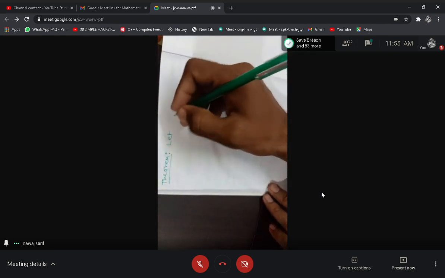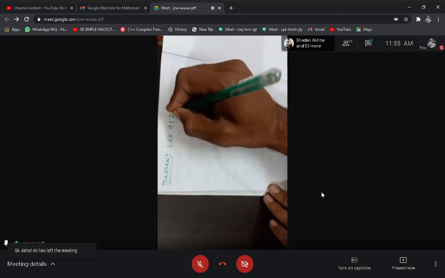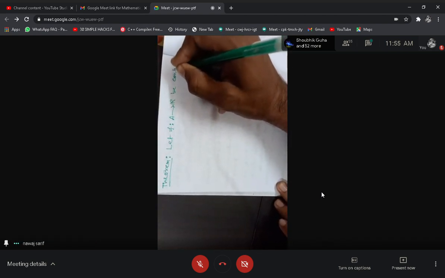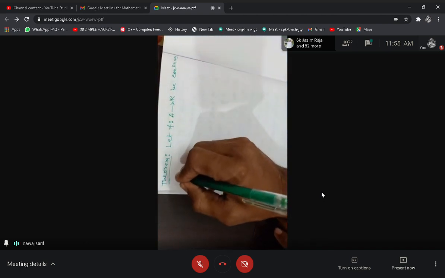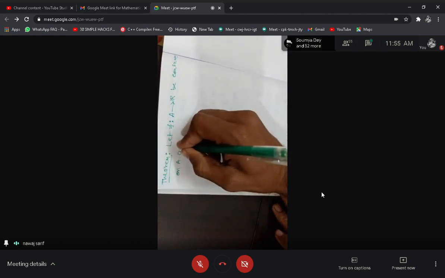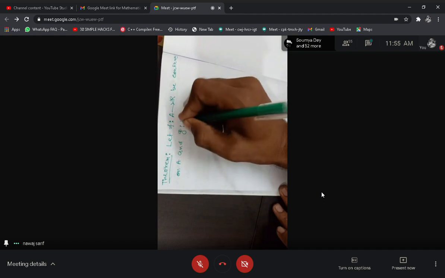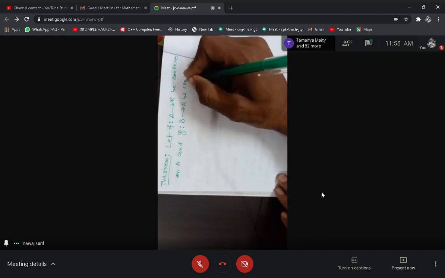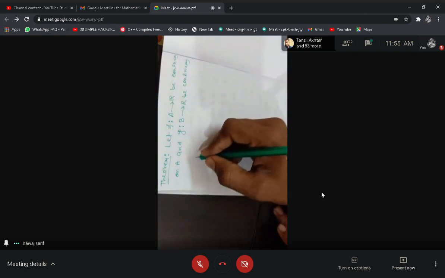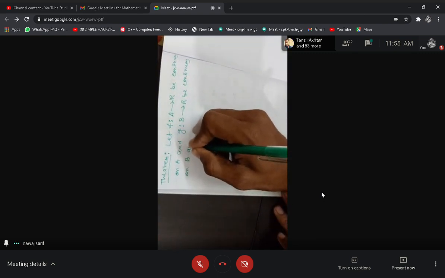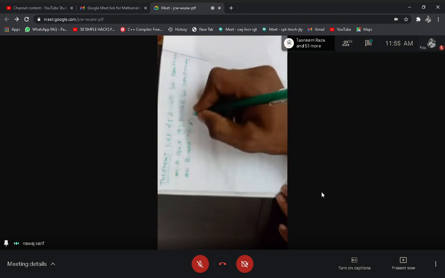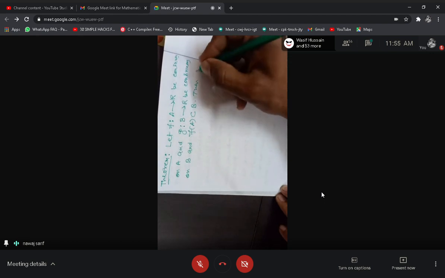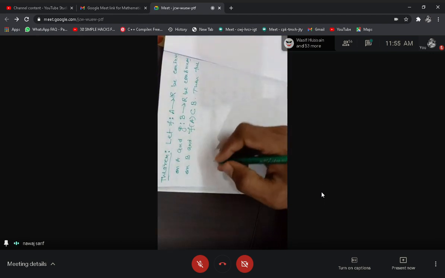Let f from A to R be continuous on A and g from B to R be continuous on B, and f of A is contained in B, then this theorem tells us that the composite function